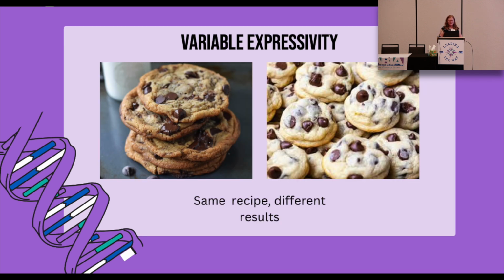This variable expressivity, like I said, is how the same instructions from the same recipe can yield different results. So there are other outside factors that impact the way that a person grows and develops and can impact the severity of the disease that they have. For our cooking analogy, it could be like the oven temperature, the ingredient brands, the humidity in the kitchen, and